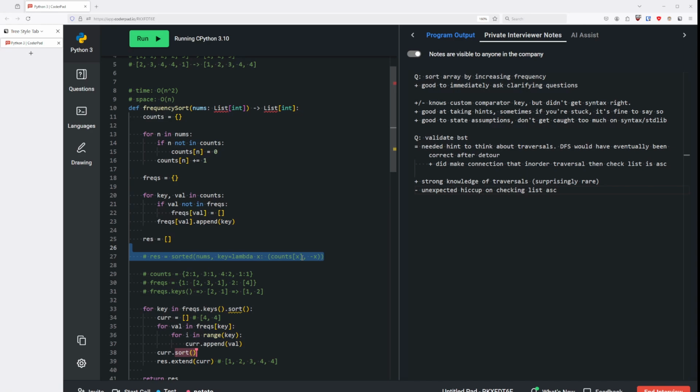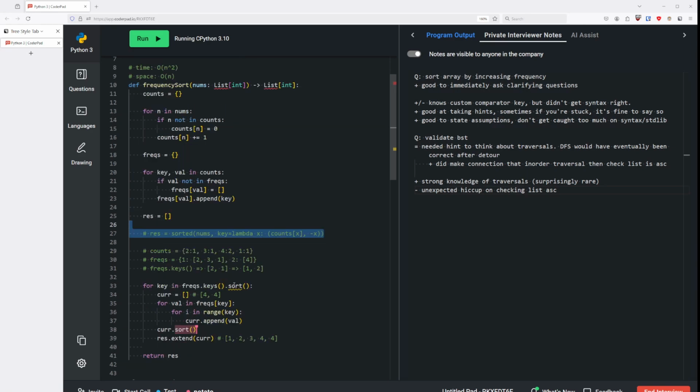So always lean on using counter. Just say, hey, I'm using counter. Is that okay? Do you want me to write this out? Worst case, you just write it out. It's not hard, but it can save you time. And I don't like talking about Python all the time because it